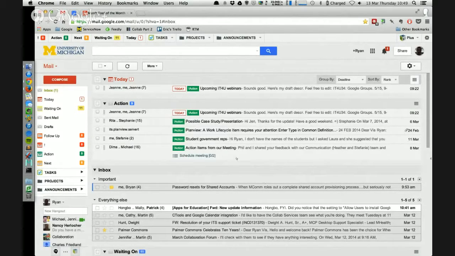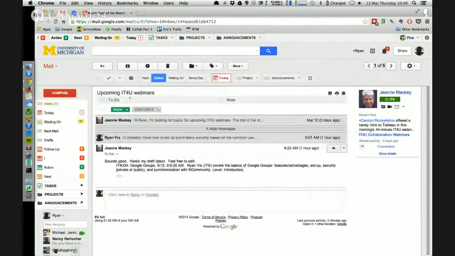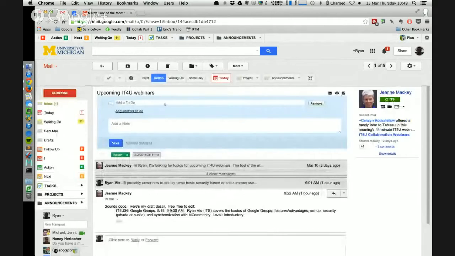Another really slick thing is the ability to leave subtasks. So maybe I have to-dos before I'm going to respond to Gene, or I have context around this conversation that I need in order to keep moving forward. So this might be, put together an outline for IT for you.